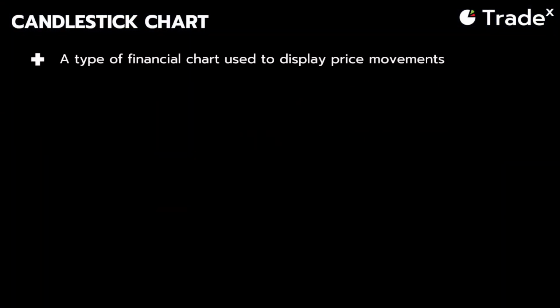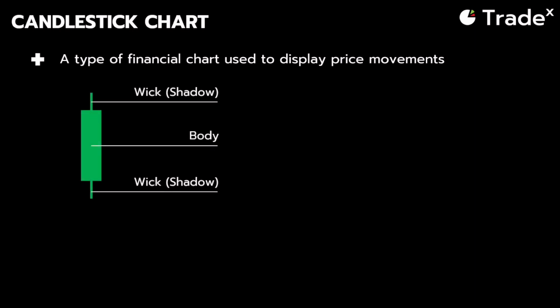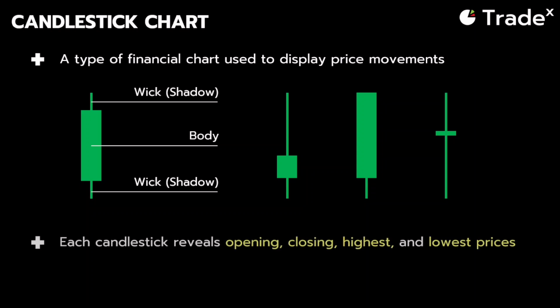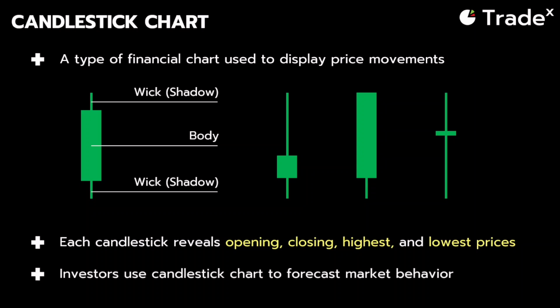This type of financial chart is designed to display price movements over time. Each candlestick on the chart consists of 2 key parts: the body and the wicks or shadows. The body can vary in length, and sometimes it may be very short or nearly absent. Each candlestick reveals information about the opening, closing, highest and lowest prices for a specific time frame, helping investors analyze